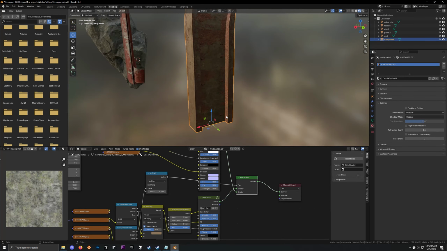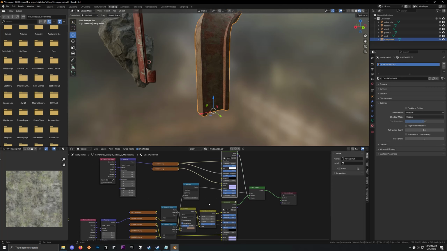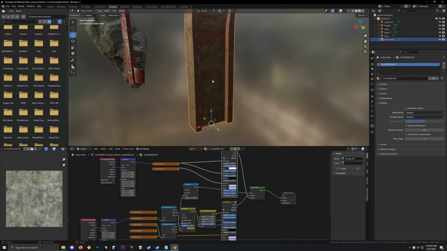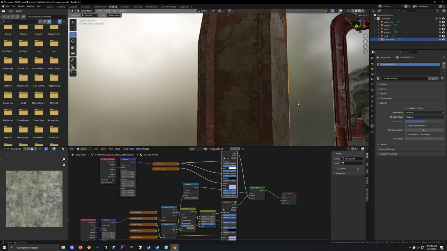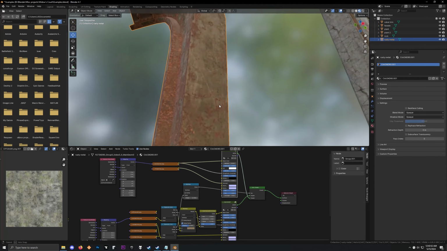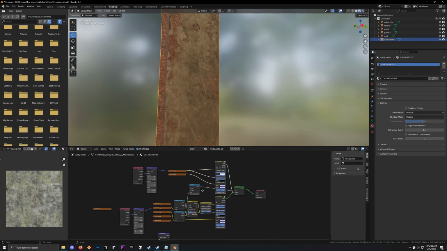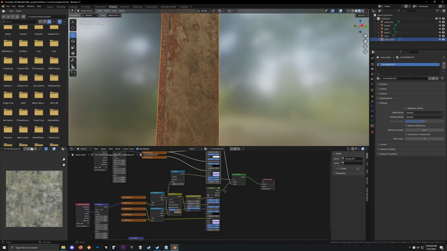We got our rusty material, but this right here, the mixing of the two materials, we don't actually want this. It's a little bit less efficient, and when you do it all over the place, it's going to impact your performance, and it's not going to be great. So now that we're in the state that we're in,